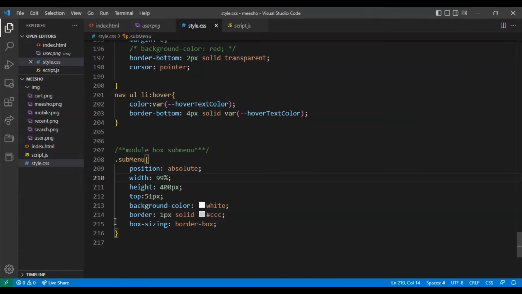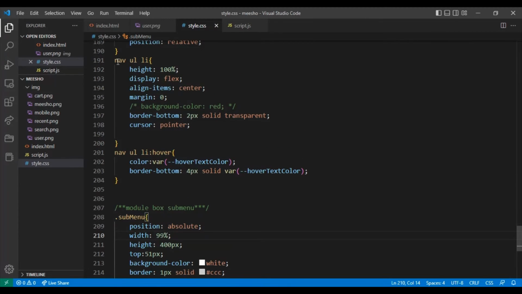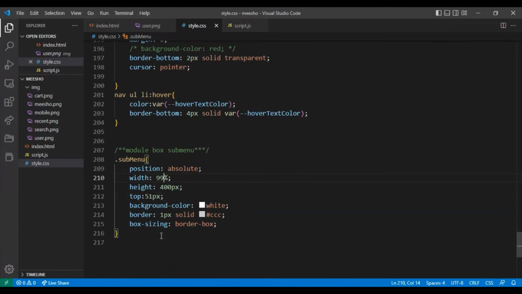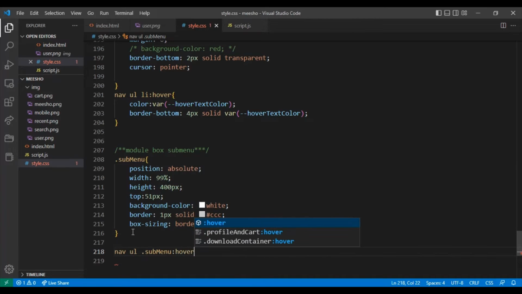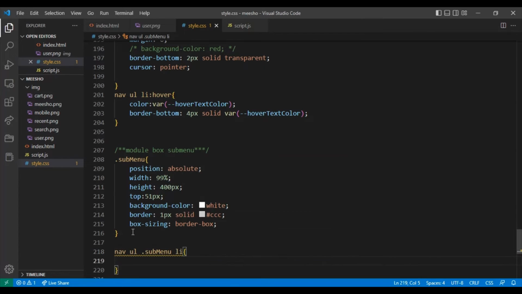For that, when we hover the unordered list, here I give the nav, and inside that unordered list we have a submenu, and when we hover the li element, for that here I give the